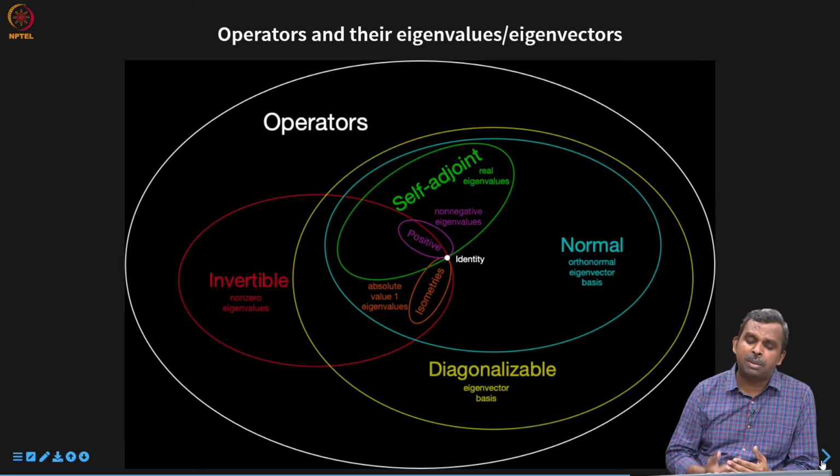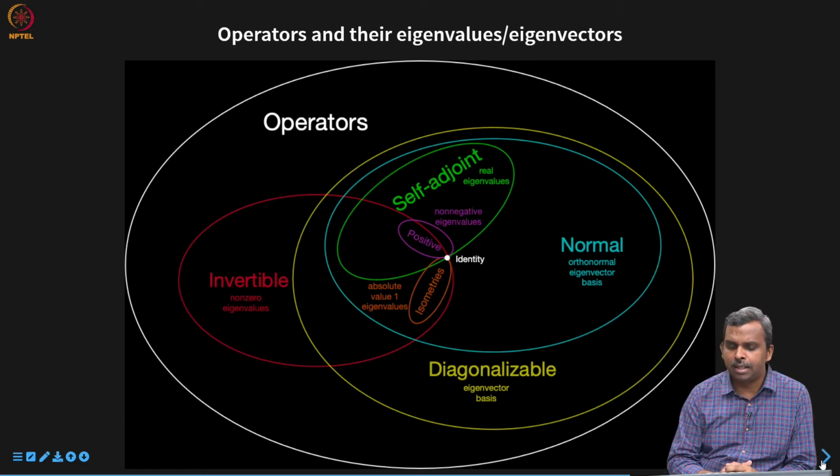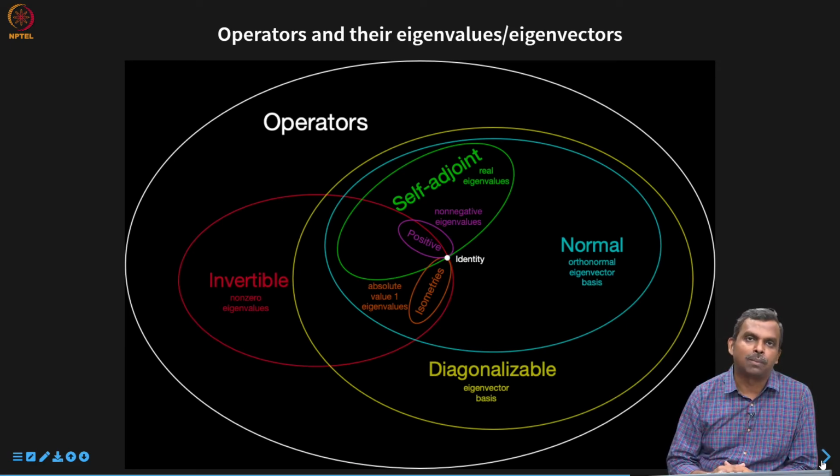Now, can isometries be self-adjoint? It's an interesting question. If an isometry has to be self-adjoint, its eigenvalue should be either +1 or -1, right? The absolute value should be 1, and self-adjoint means eigenvalues are real. So if you say an isometry which is self-adjoint, then you're looking at eigenvalues which are +1 or -1. Only when it's complex is it a little more interesting. There's more range. When the eigenvalues are real, it is just +1 or -1. You don't have this e to the i theta. It's just +1, -1, right?